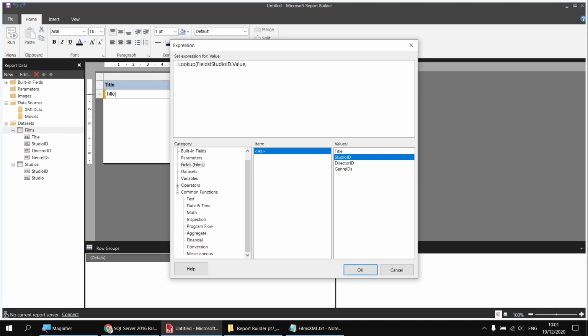I'll then type in a comma, and the second thing I need to fill in is the name of the column in the other dataset which contains the matching values. So as it turns out, the name of that column is exactly the same. It's called Studio ID in the Studios table. I can double click the Studio ID column again from my current dataset just to write in the exact same field name. If I then type in a comma, the third thing I need to fill in is the name